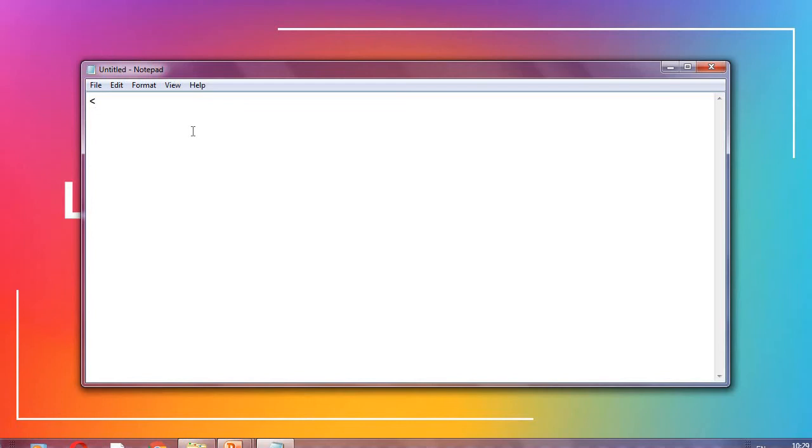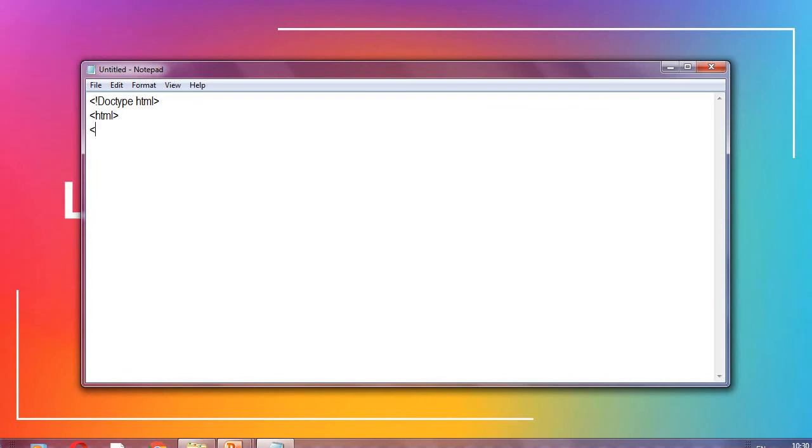See here, angular bracket, then exclamation mark, then type doctype. Don't bother about this doctype, I will explain later what it is. Just see how I am doing the coding. This is doctype HTML. Then again HTML, hypertext markup language. This is a tag, which means it is in angular brackets.